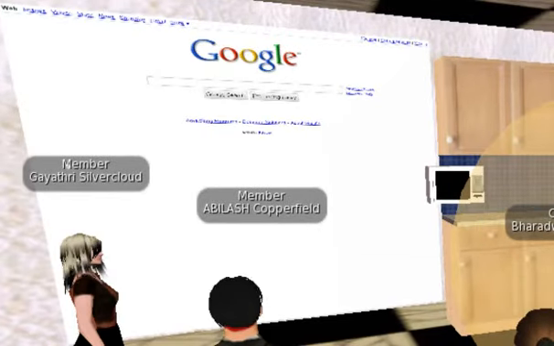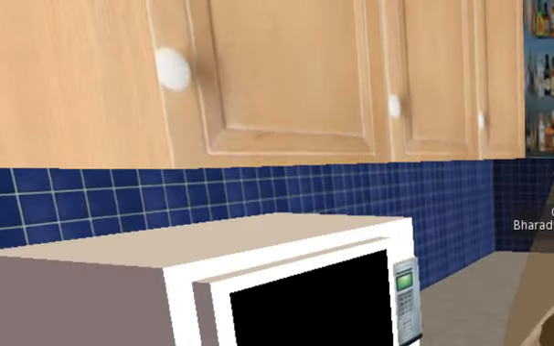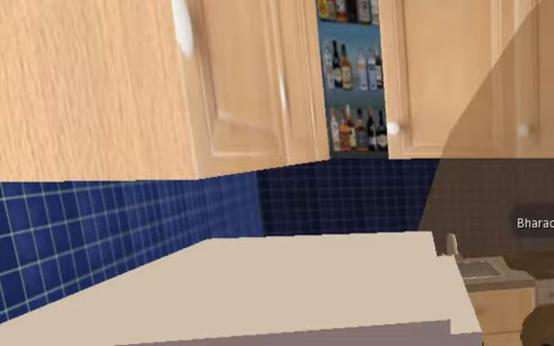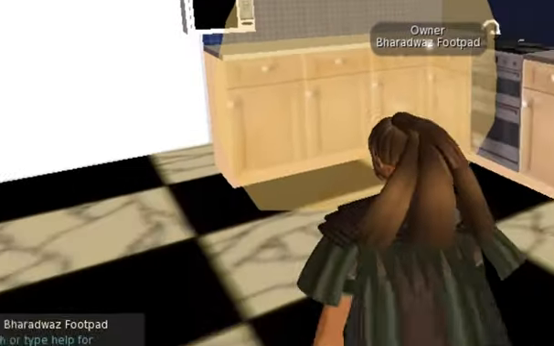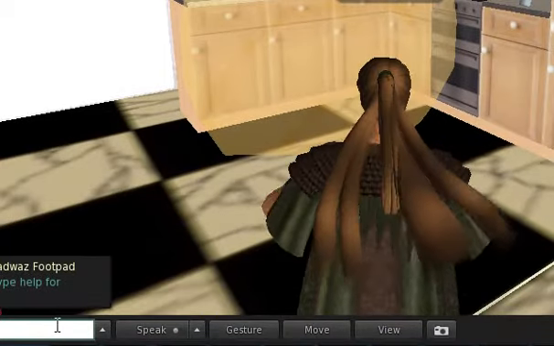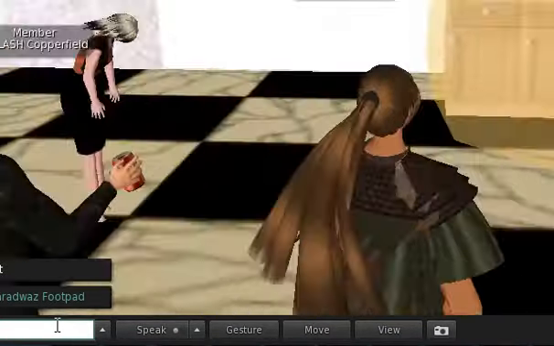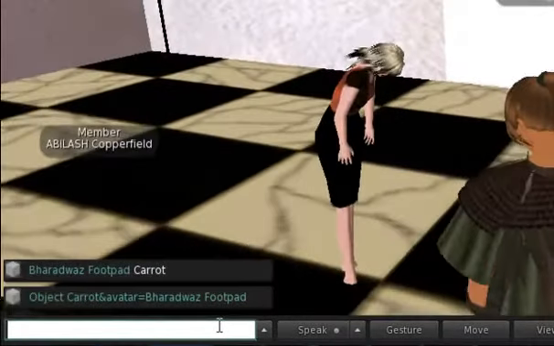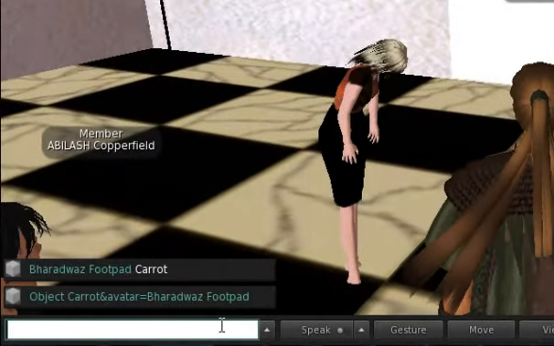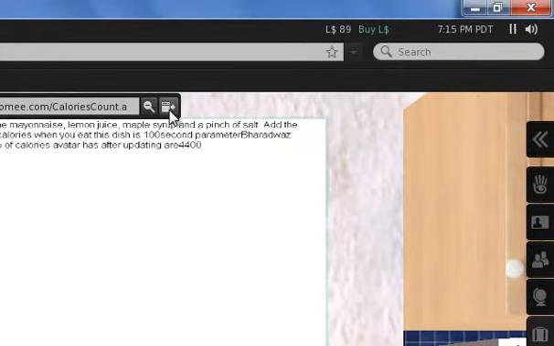Now, if the avatar wants to cook a dish, he can proceed towards the stove. The sensor is automatically invoked and the avatar can enter the dish he wants to prepare. As soon as he enters the dish, the availability of the dish is checked, and if the dish is available, then the corresponding recipe is displayed along with the calories of the dish on our prim, and the total calorie intake of the avatar is also displayed. At the same time, the inventory is also updated.